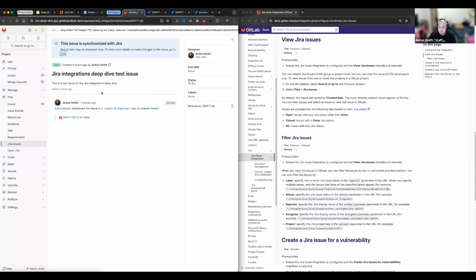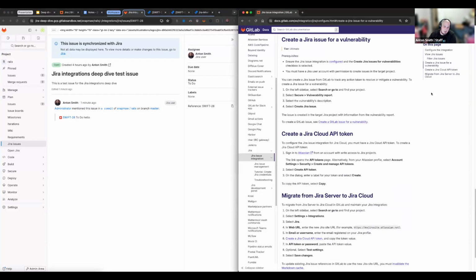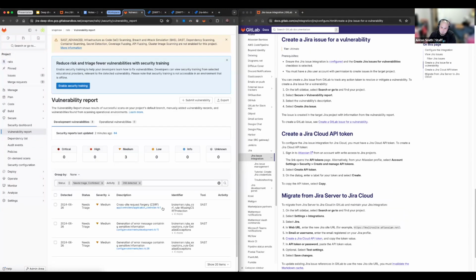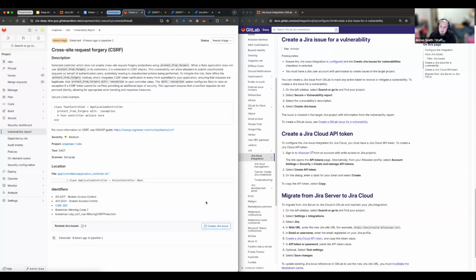The next thing I wanted to show real quick was creating a Jira issue for a vulnerability. Now, before this demo, I actually went ahead and ran a pipeline so we could generate some vulnerabilities. And I always forget where to go for here. So secure, vulnerability report. Okay. So we've got some vulnerabilities here that were picked up by the last pipeline. And if I was to click into one of these, we have a nice fancy button here that says create Jira issue. If I click it,